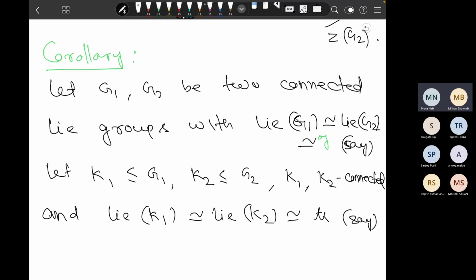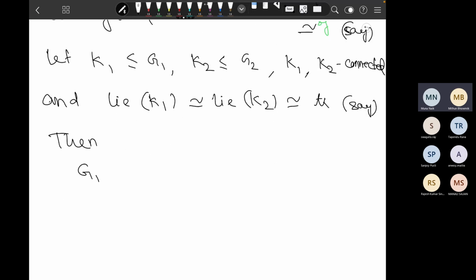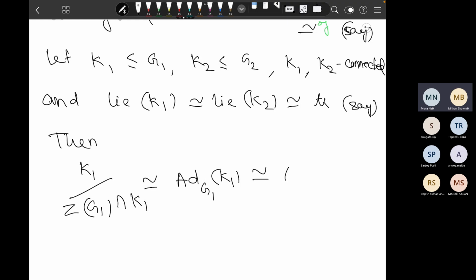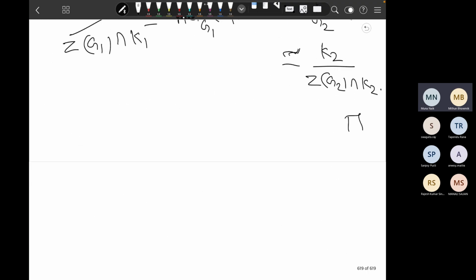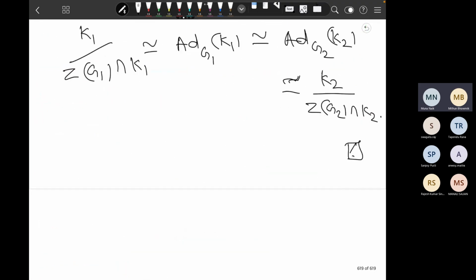So then, this G1 mod K1 ZG1 intersection K1 is Int g k. This is isomorphic to RG2 K2, and this is isomorphic to K2 ZG2 intersection. So these are some simple observations, and they will be very useful later. Okay. Now,